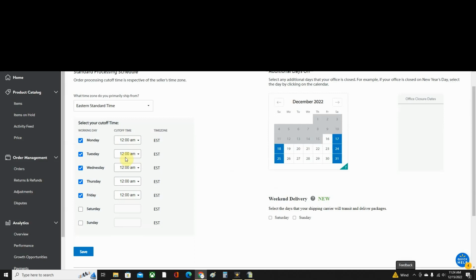I was assuming that I still had the next day if it came in that day. So I got dinged for all those orders that came in that day, and I still didn't send out to the next day. So finally I found this, and I changed my time zone. I made sure it was Eastern, and then I put that I'm only shipping Monday through Friday, and I put 12 a.m. because that means if any order comes in after that, I won't have to ship it until the next day. So if you get started, make sure you go here and make sure you have this set up